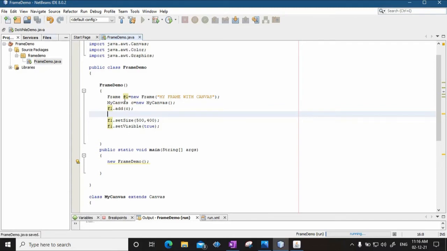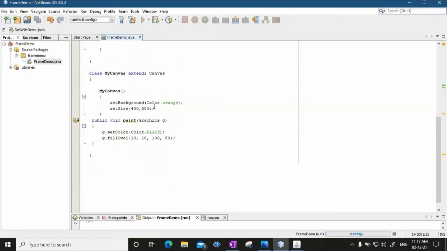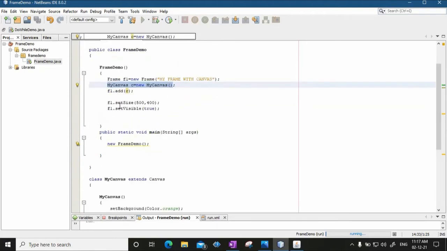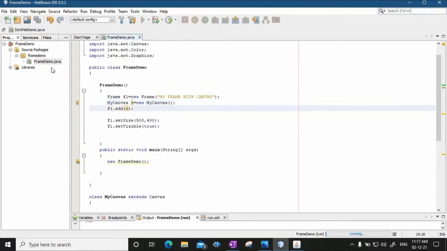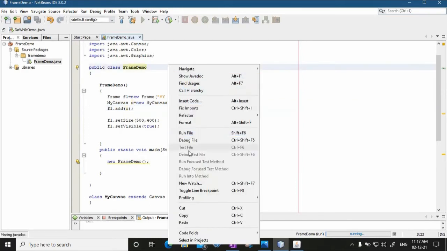The interpreter will start executing the code from here. First the object of the frame demo class will be created. When the object is created, the constructor will be called, and the frame will be created with the name. Then it creates the object of my canvas, so it will call the constructor of my canvas. Then we are adding the canvas. I'll save this, and now I can run the file.